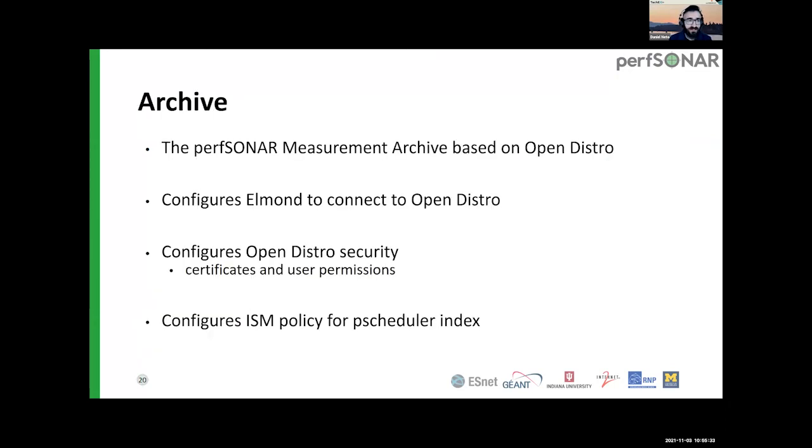And finally, the archive package. Archive is kind of like a bundle package. It installs everything that is related to archiving and Pscaler. So it installs both Elmond and Logstash that we just talked about. It also installs OpenDistro and makes sure that everything is connected together. So it configures Elmond to connect to OpenDistro, also Logstash, and also configures security on OpenDistro and creates self-signed certificates, and